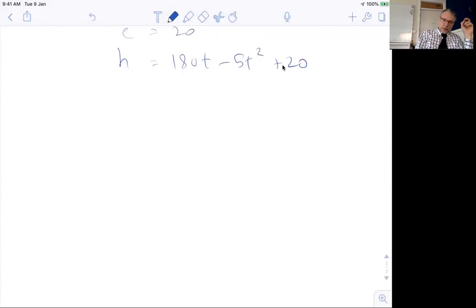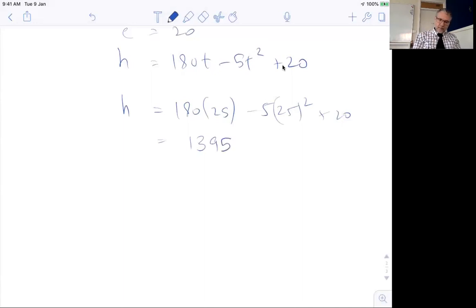So if we substitute 25 in, we get 180 times 25 minus 5 times 25 squared plus 20, and we get a figure of